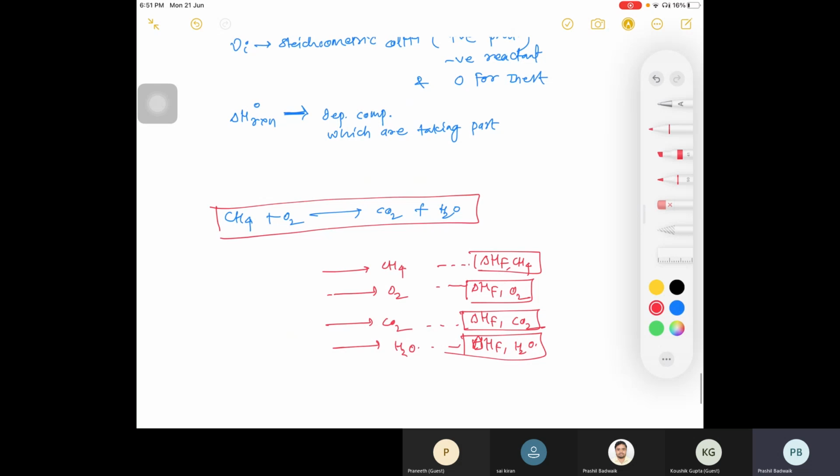But tell me, CH4, CO2 is on your product side. It is here on the product side. H2O is also on the product side, right? So these will be positive, because we want this component to be there on the product side, and here also it is on the product side. But in case of reactant, what do we need? Should this reactant be on this side?